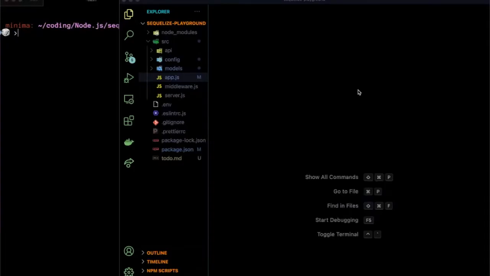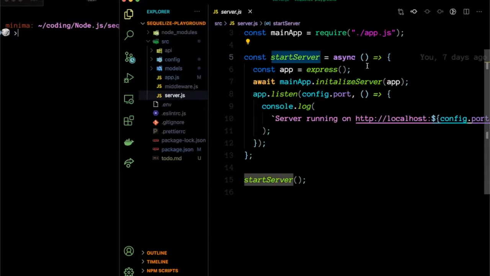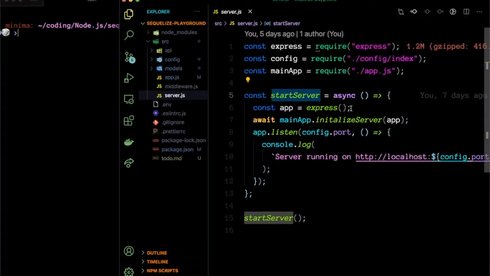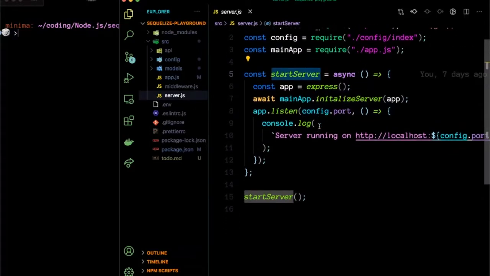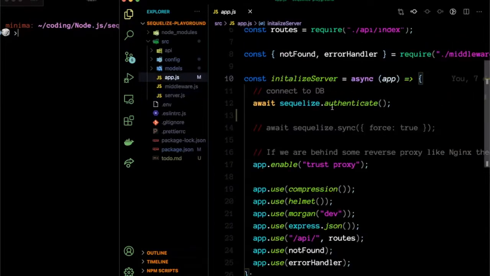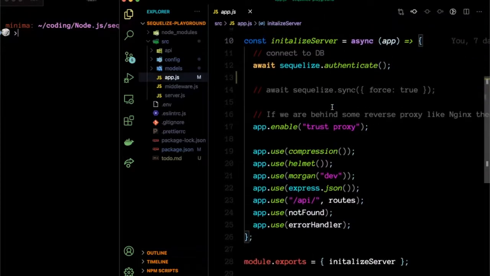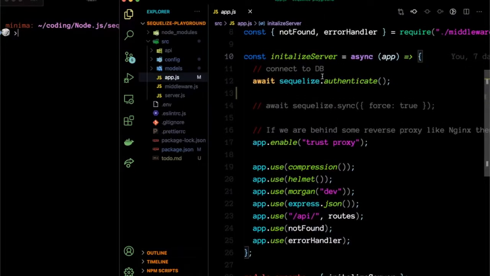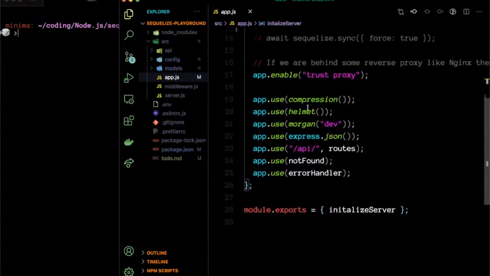So I will show you the project structure which I have set up. For this we are using Express, and for the database we are using PostgreSQL. So let's hop on to server.js, where we are initializing our server. If you see here, we are loading all the main app configurations which are present in the app.js file. First of all, we connect to our database. We are using the Sequelize ORM to connect to our PostgreSQL database,